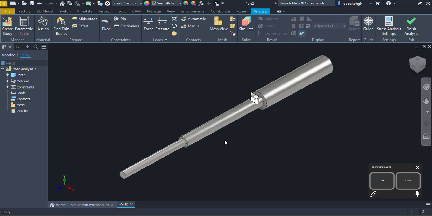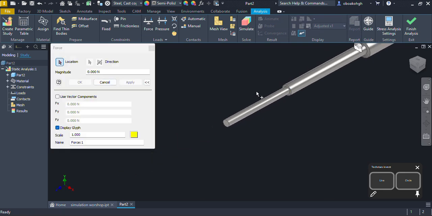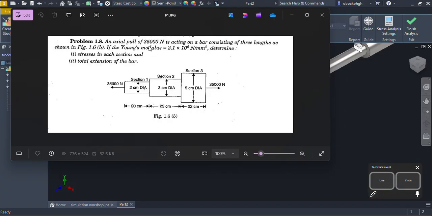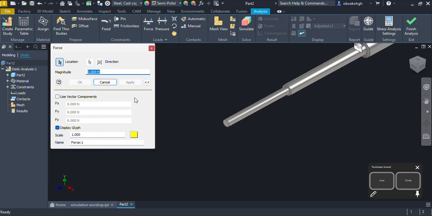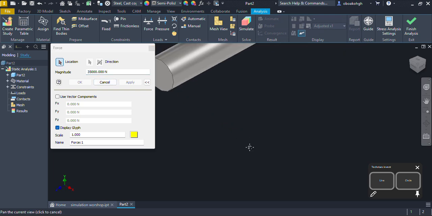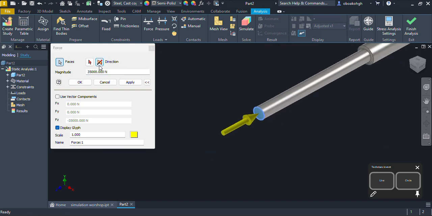So we can determine the position of it. When we are applying the force, we need to know the axes. The bar is on the Z axis. Typically, the center of the diameter of the bar is on the Z axis. That is why it's in the same direction. Now, to apply our force, the force stated in the question is 35,000 Newton. So I'll write it here, 35,000 Newton. I'll choose my location, which is this side. Remember the position is opposite. Then you can come to magnitude. You can see that the force at X, which is in this direction, is 0. Force at Y, which is the vertical side, is also